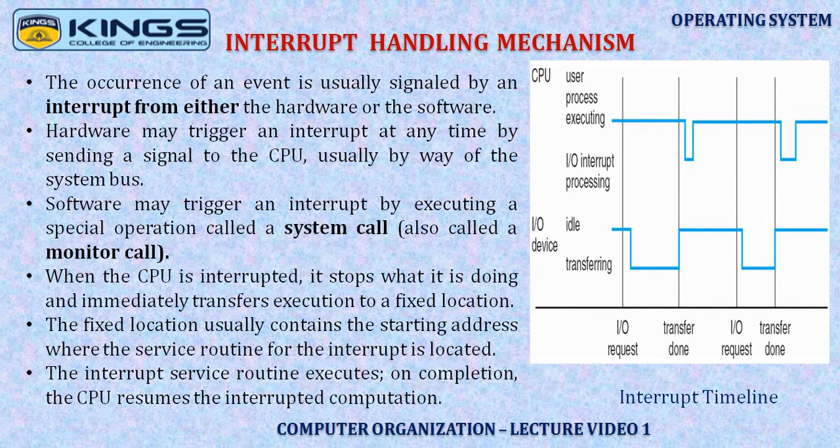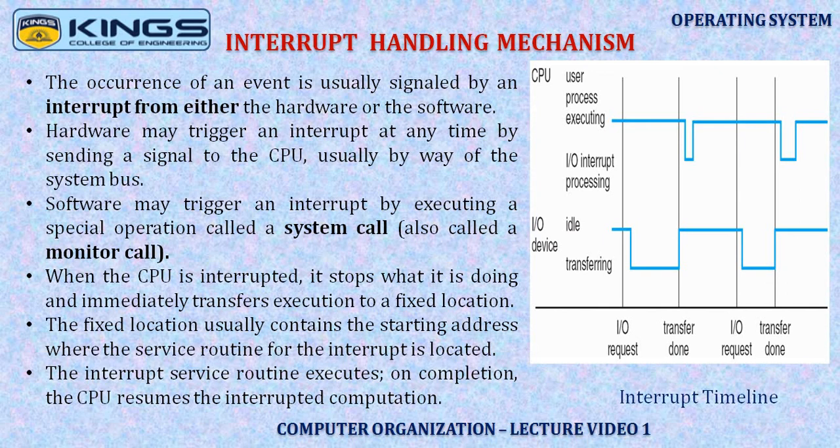So in a normal condition, the central processing unit will continue its operation, and when an IO request is made by the system, the CPU will halt its operation and transfer the control to the IO unit. Once the IO operation is complete, the control will get transferred back to the CPU. Again the CPU continues its process, and again if there is a need for an IO operation, the control will transfer back to the IO device.